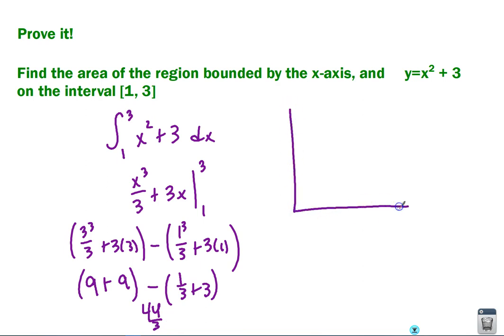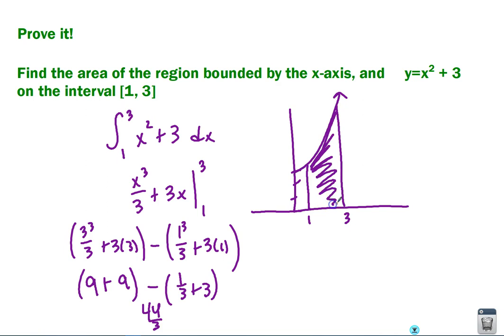Essentially here there was really only one curve. But if you wanted to think about this, x squared plus 3, 1, 2, 3, looks like this. You are graphing it from 1 to 3. Essentially, the 2 curves here, I mean, I know we think of it as just this area right here,